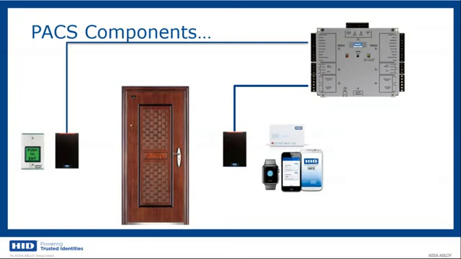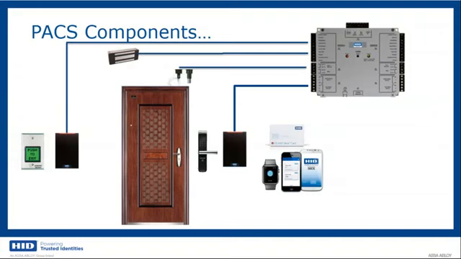The controller can also have other components such as request-to-exit buttons and sensors, and it will send an electrical pulse to the magnetic lock or electric strike that will open the door and guarantee access to the building or our facilities, okay? We can also have sensors to know if the door is open, or if there's someone inside the room.